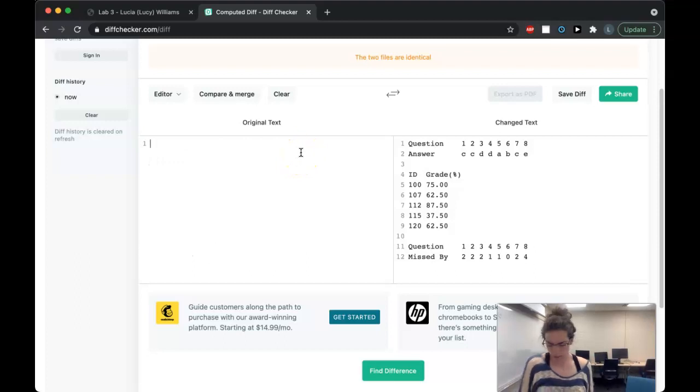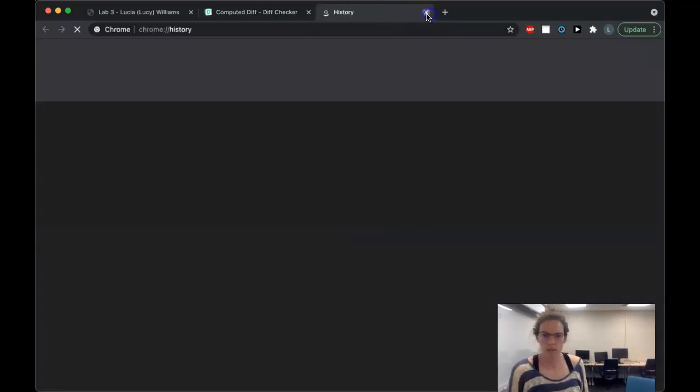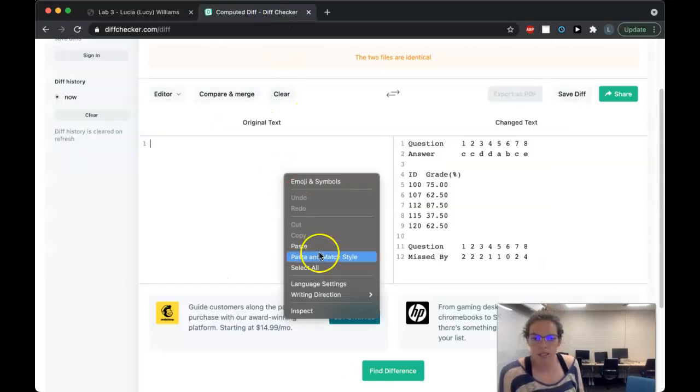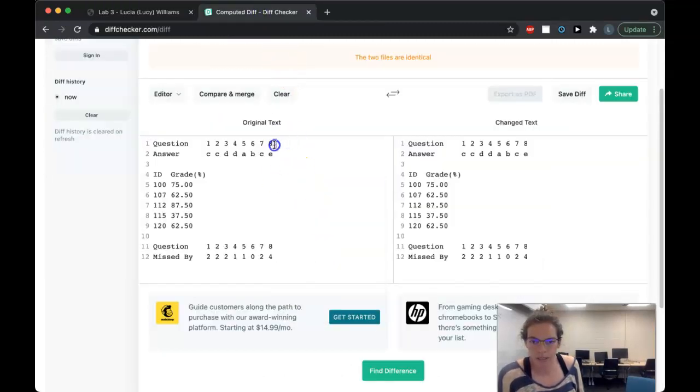what's posted, I'll just grab it again. So what's posted on here is the output from my program, and so you can see that there are these trailing spaces at the end. So maybe somehow you did it differently, and maybe yours doesn't have those spaces. That would be okay. So you don't have to match trailing spaces, but you do have to match those tabs,